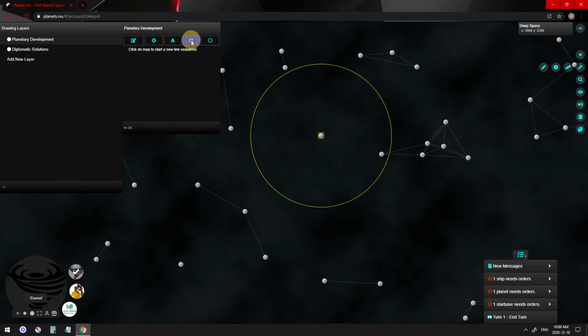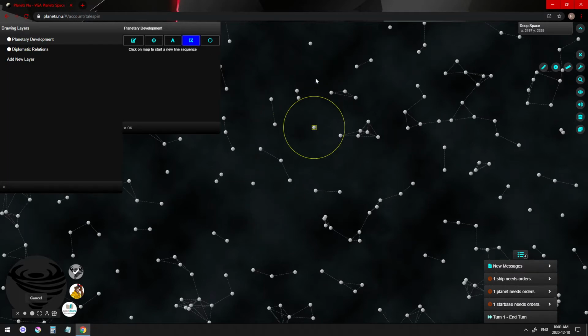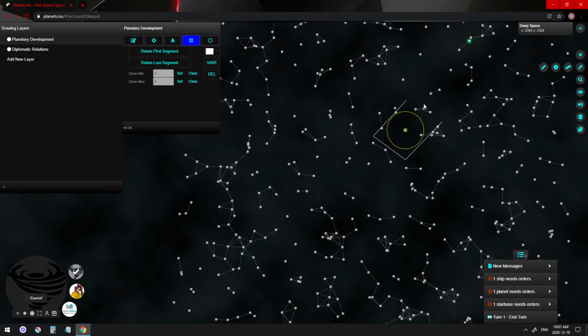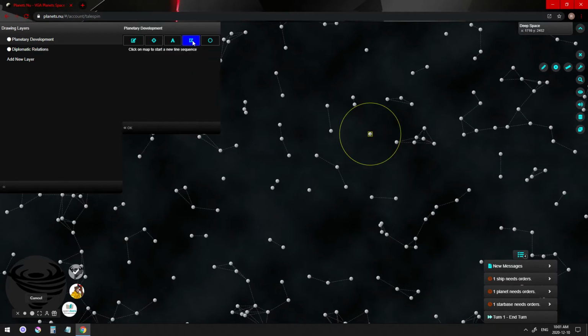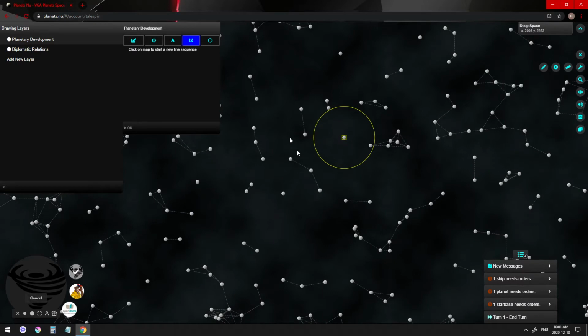The next feature is a line sequence button. And with this one, you can click once on the map, twice, 3 times. You can click as many times as you want and create your own shape. So let's say you made a mistake, you don't like it. There's a delete last segment and delete first segment, which is pretty nice. I want to select an area where I want to take over. So I would do this with the line segment